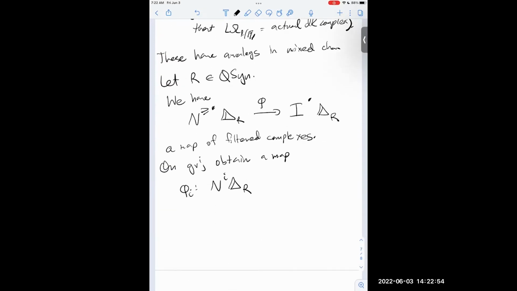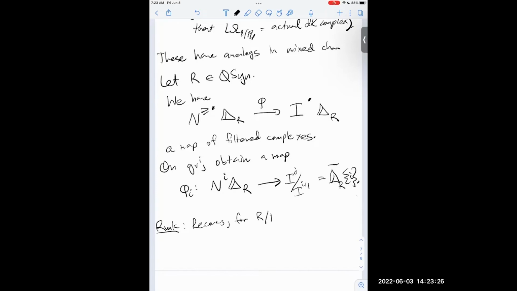Yeah, thank you. Okay, so on gr^i, there's a map from the ith stage of the Nygaard filtration to, well, I want to write this as I^i mod I^(i+1). Another name for that is the Hodge-Tate homology of R, twisted by i. So you have this map. And the observation, or this is part of the theory, is that this map phi sub i recovers